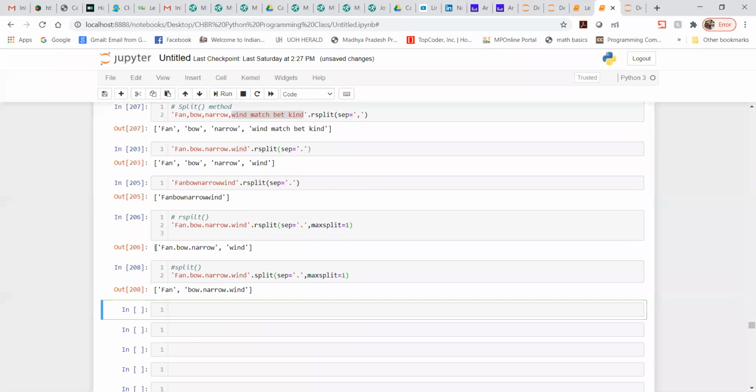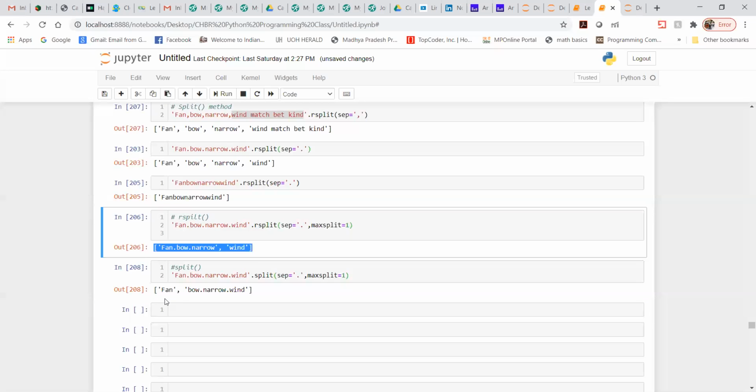Now you can see the output of the previous one is like this, and the output of this one is like this. So split reads from the left-hand side, that is why it makes one split here. rsplit reads from the right-hand side, that is why it makes the split like this.